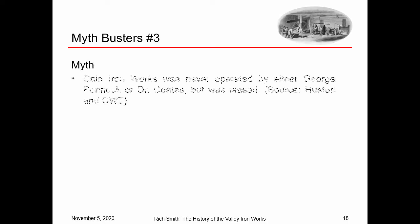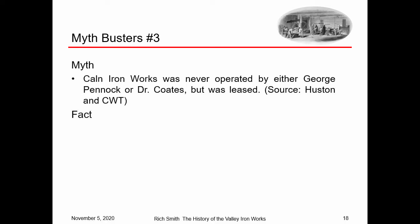Myth number 3. Callan Iron Works was never operated by either George Pennock or Dr. Coates, but was leased. This was in Houston and the Coatesville Weekly Times. The fact,